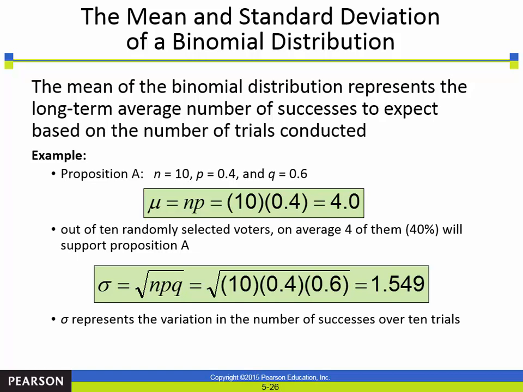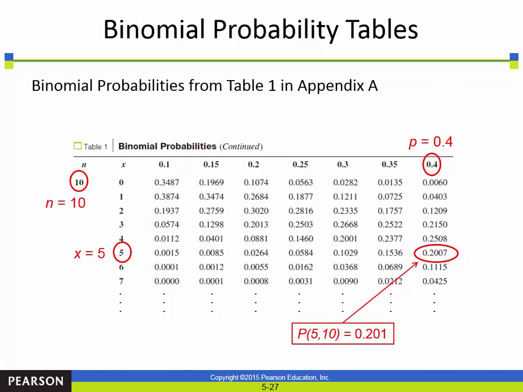Again, they give us an example where they work it all out. Awesome. Because as the number of trials goes up, this can get to be a lot of math. Some people use tables. You'll see these are in the back of the book if you ever want to use them. I don't think you will, but for each n, they have a number of x's, which are the possible or the successful outcomes. And then the probability goes across, and you can just find it on the table. So that's available to people.